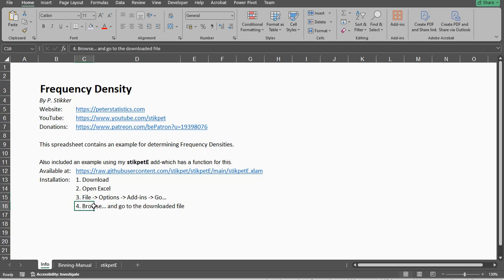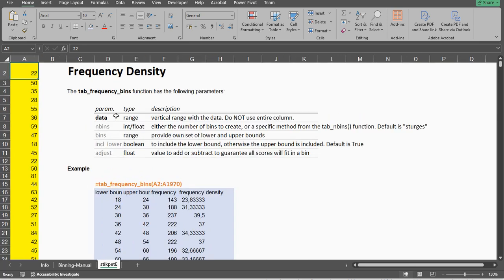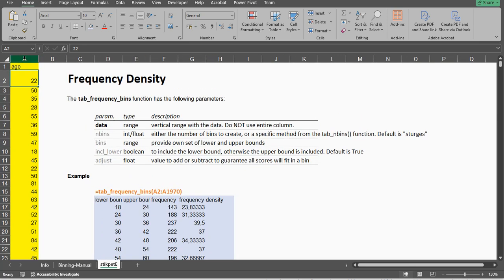That gives you access to a lot of additional functions I made, and one of those is tab, short for tables, frequency, bins. So I have some example data in column A, and this function takes as input, of course, the data, which should be a vertical range, but don't select an entire column, really specify from, for example, A2 all the way to, in my case, as you can see,